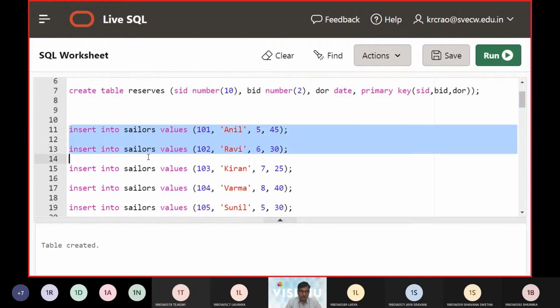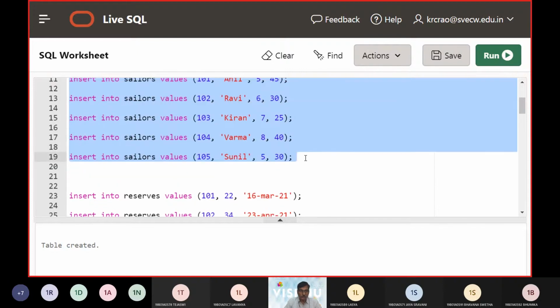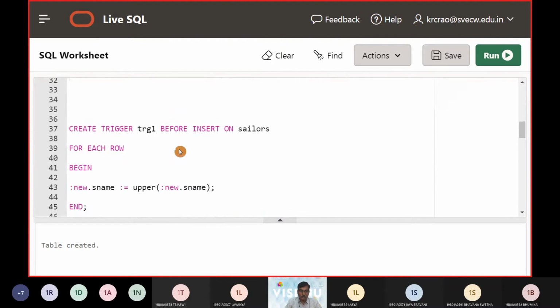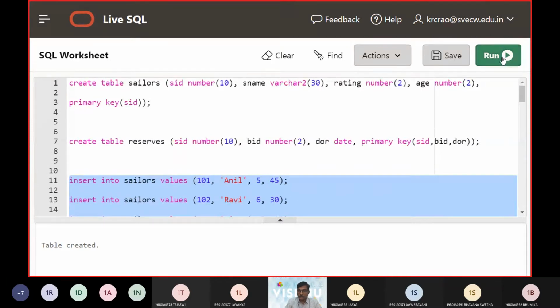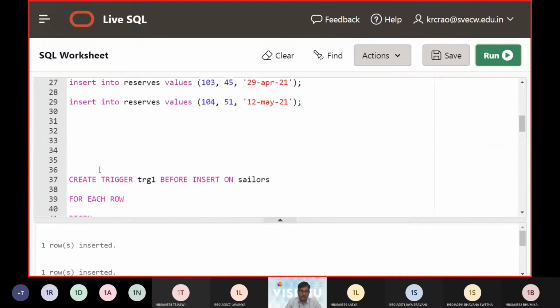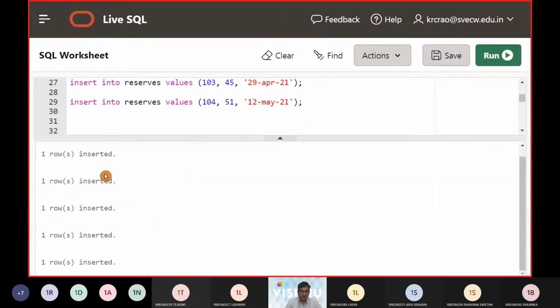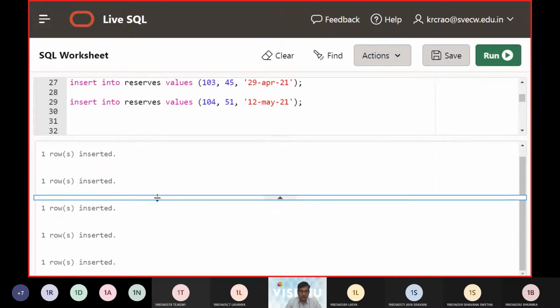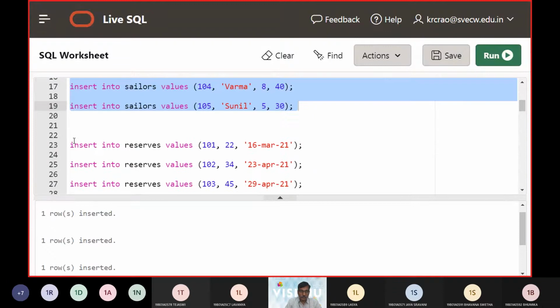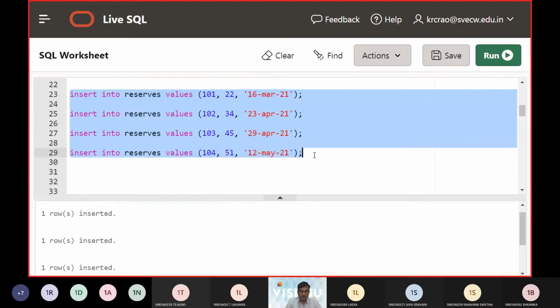Now I am going to give a few instances to the Sailor database. You can see here different rows are created in the output prompt. Then similarly I am taking up the Reserves table here.